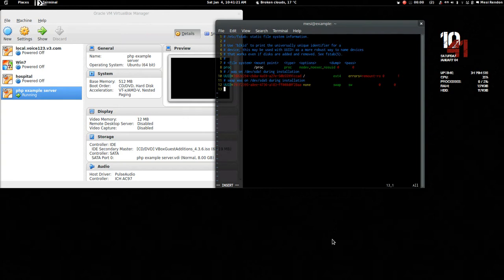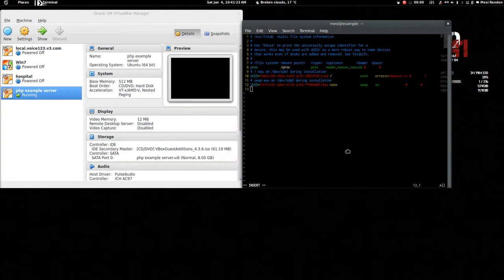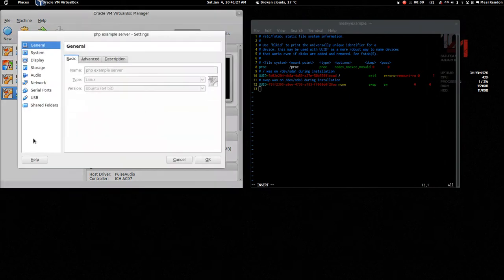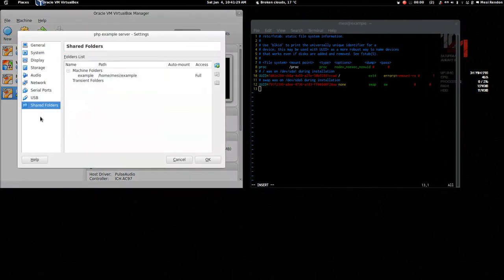And here is the thing, I have here the shared folder and the name is example, so the first thing I have to add here is example, which is the name of the shared resource, and I need to tell the system where it must be mounted, so